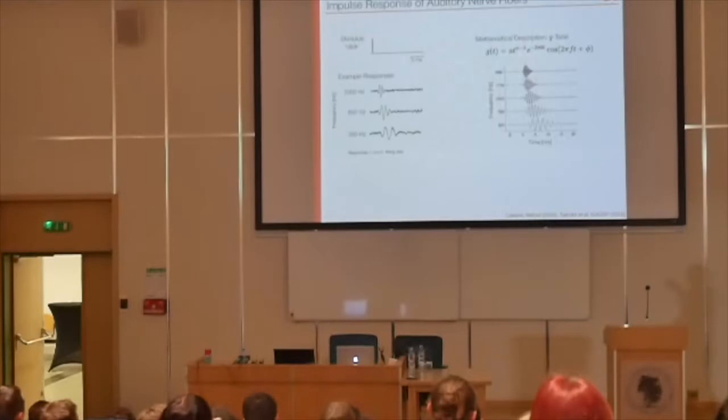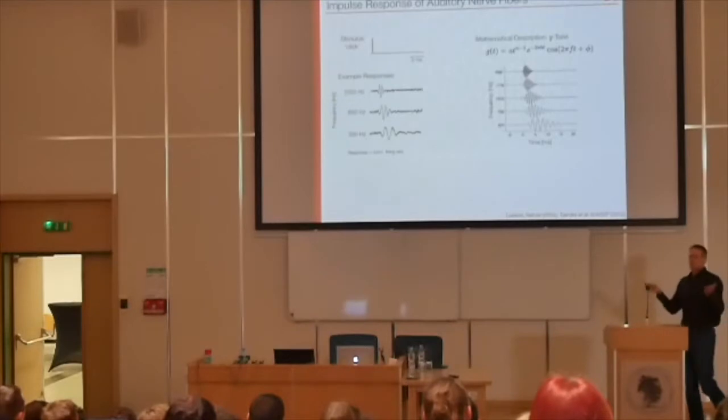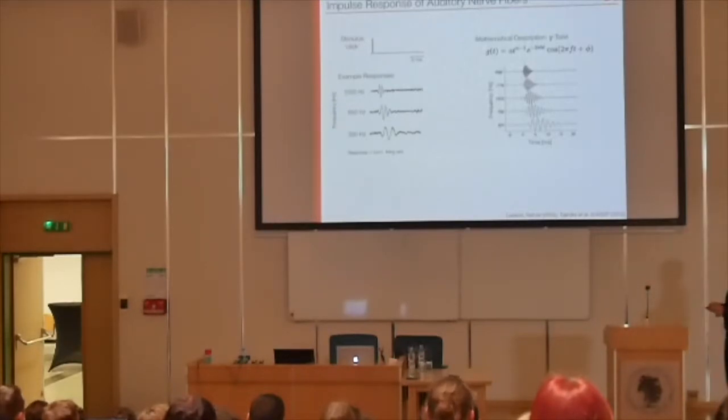So you have an exponential function that defines this envelope, you have a cosine that defines the oscillation inside, and then this first function which defines the decay over time. So that's all good. I mean, you can write a function down for it. Now you can first of all ask, well, why is it useful to know about this response property of the neurons when you perform some modeling?